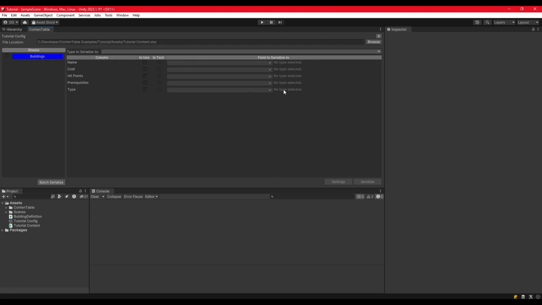The first thing we have to do when configuring a sheet is decide what type to serialize it to. We click this drop down, and this will show us all of the content objects that we have in our project. Currently we only have building definition, which you may remember from the episode on creating scriptable object types for our ContenTable project. So if I click that,